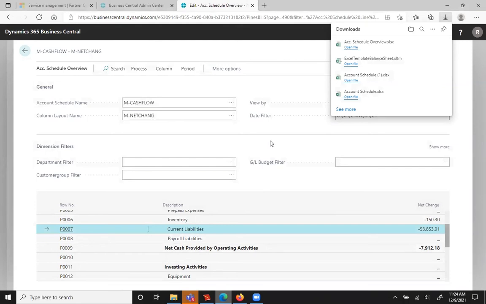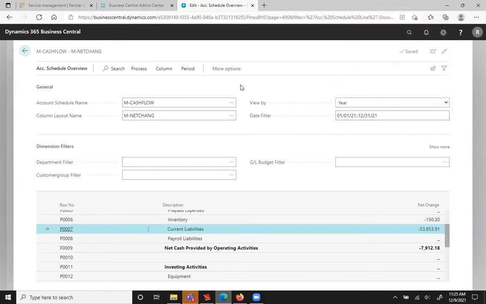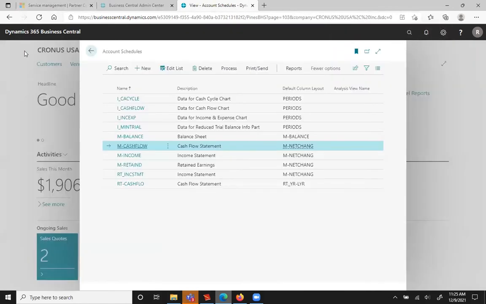So it kind of rolls together GP's account inquiry in summary or detail, and the trial balance that you can run to a screen and look at. There's a variety of ways, and we're able to get all this in BC here using the account schedules. And that's what's out of the box. We can also go back,